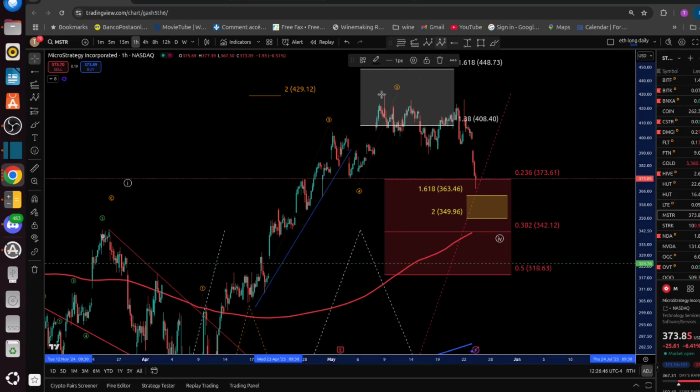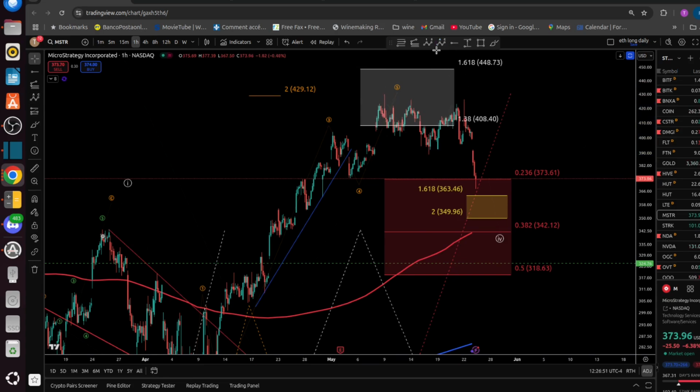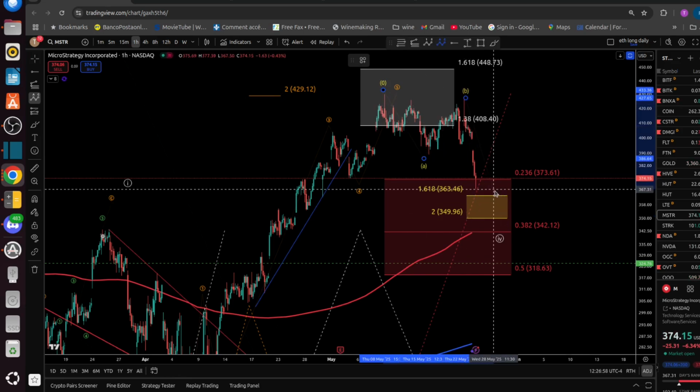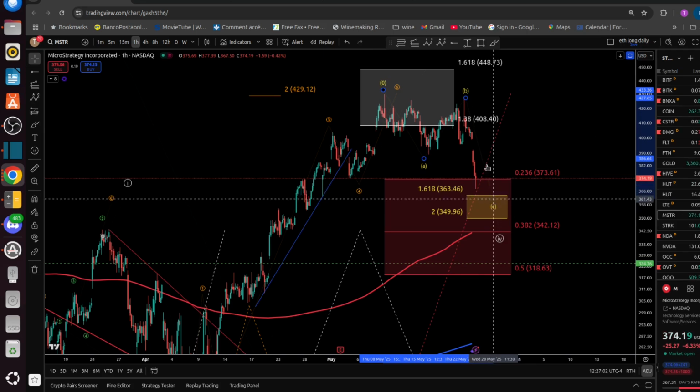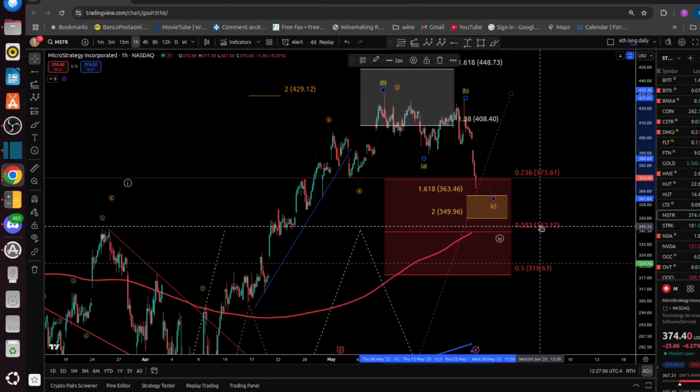And I want to do the counts here, A. Actually, no, I'm going to keep this A, B, and C. And let's see if it does work out. Because if this is the 3, then 4 and 5 is going to be annoying, because we're going to have 5 waves up and 5 waves down. And then